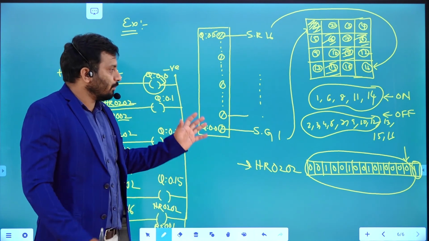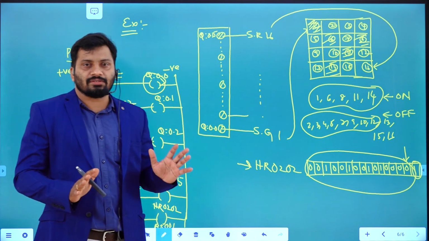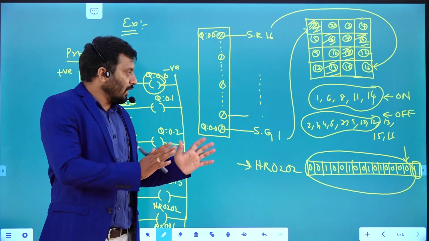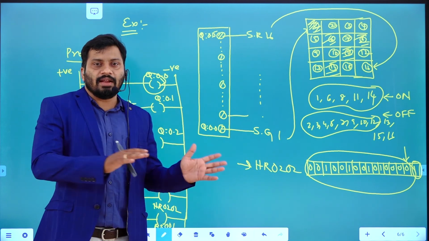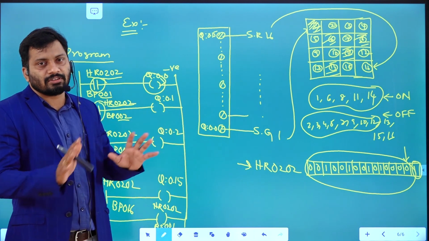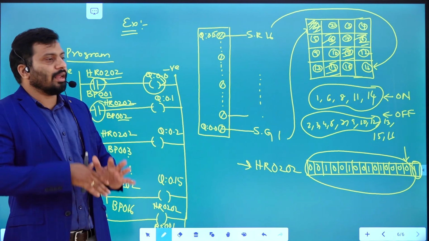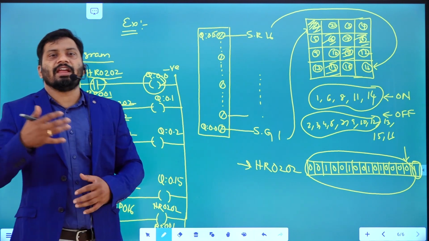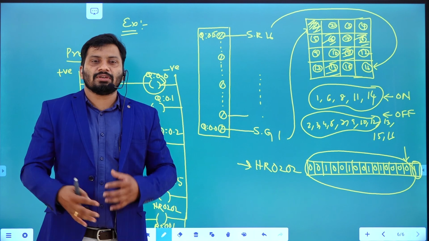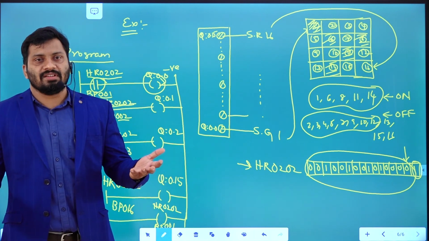So it's like this. If you understand these bit manipulation instructions, right, we have not yet discussed the data transfer instructions. Here we discussed only the bit manipulation instructions, 4 instructions, right. By using these 4 instructions, you can manipulate bits in any holding register, and by using the data present in any holding register, you can control the output devices, right.